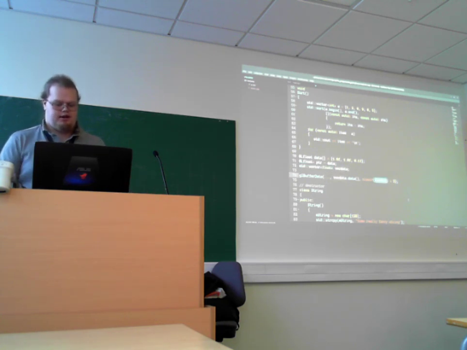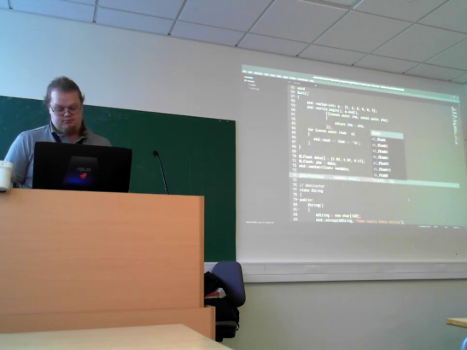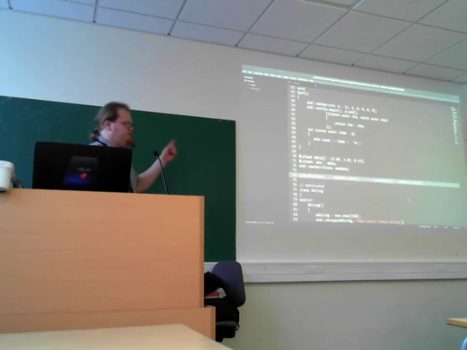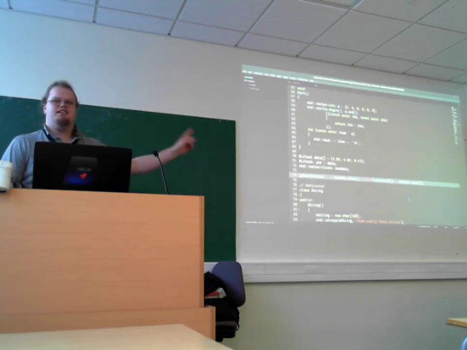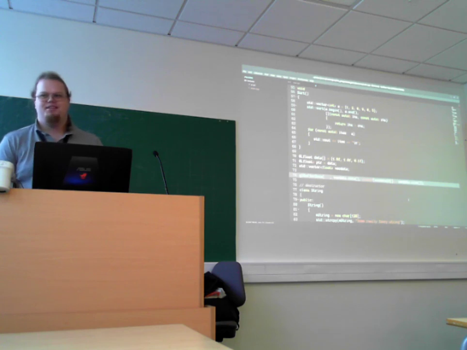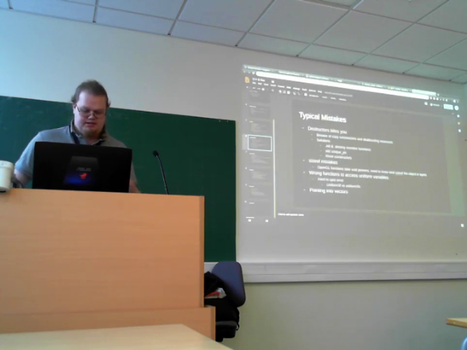So you'll have to go, we can either do sizeof float multiplied by vec data dot size, or I also see a lot of people write vec data 0, which you should be a bit careful about, because if there's not actually any elements in there, then you're in trouble. But yeah, those are typical mistakes we see.